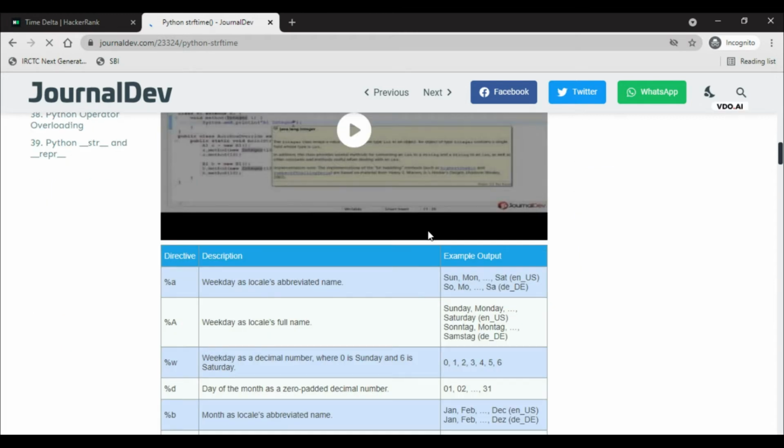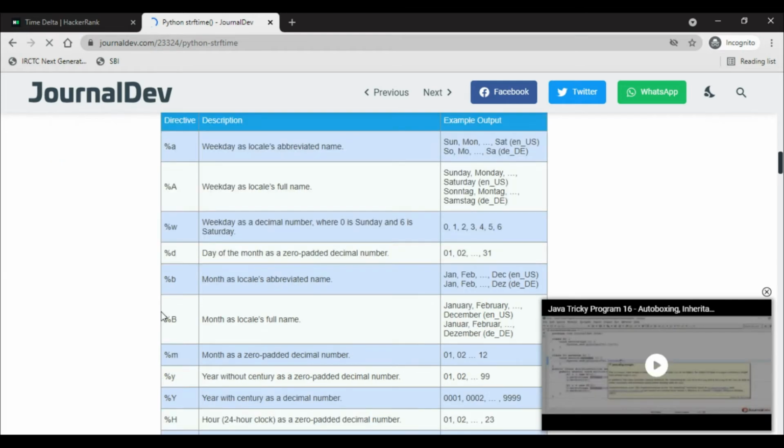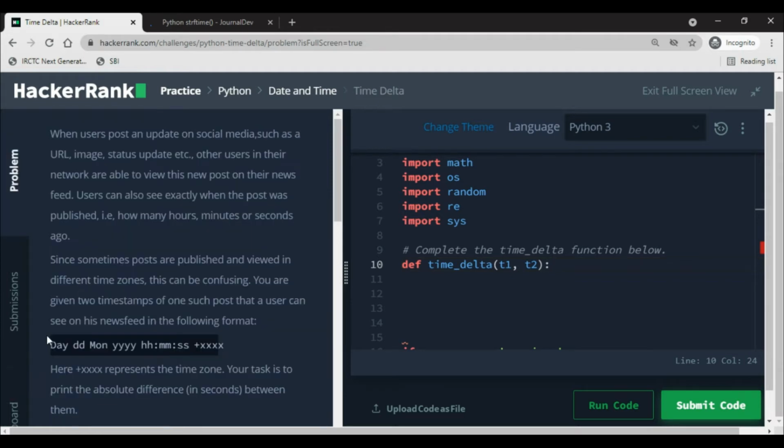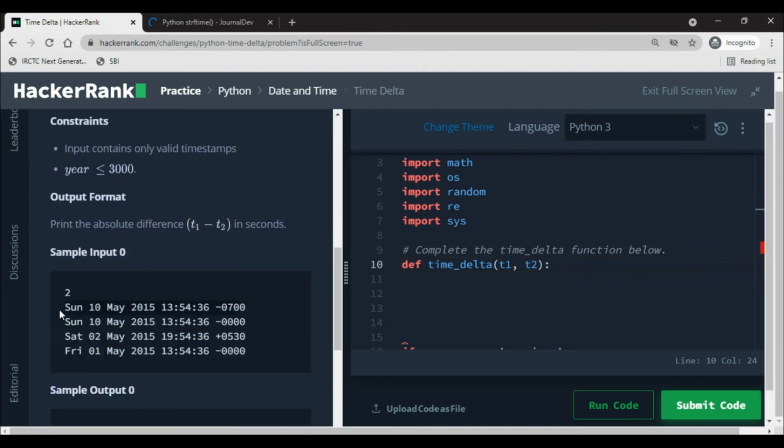You can see this percentage a, small a, capital A, small w, d, b. So you can put all the data you have here, this whole data, in the dd mm yy type, and then another line you can put this, and you can calculate the difference.